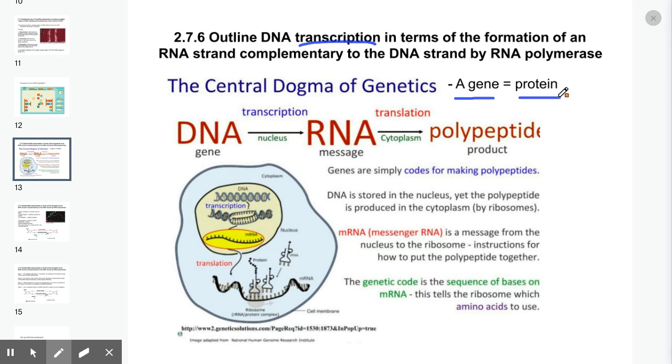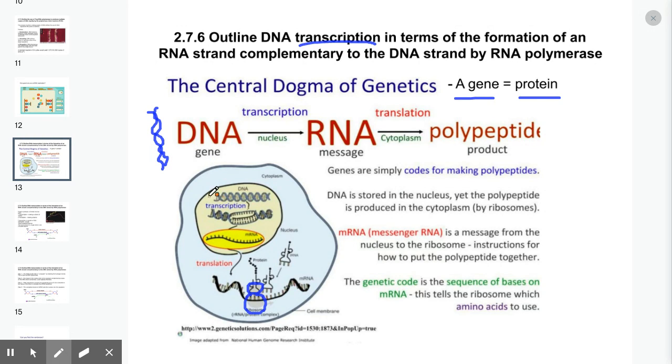And I think I've said this a couple times, but our genes are on our DNA. And the problem with that is that if gene equals protein, the proteins are made out here on something called ribosomes. Our ribosomes are out here, and that's where protein synthesis happens. And if you can see down here, this is supposed to be a ribosome, way bigger than it really is, but just so you can see.